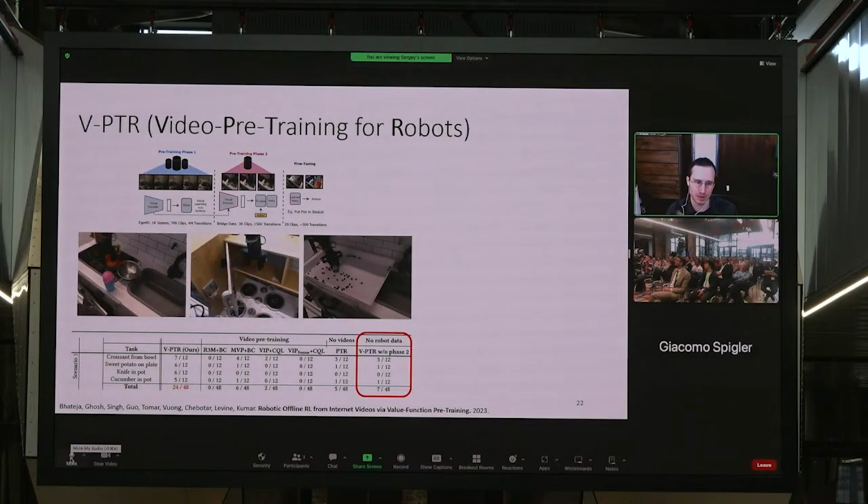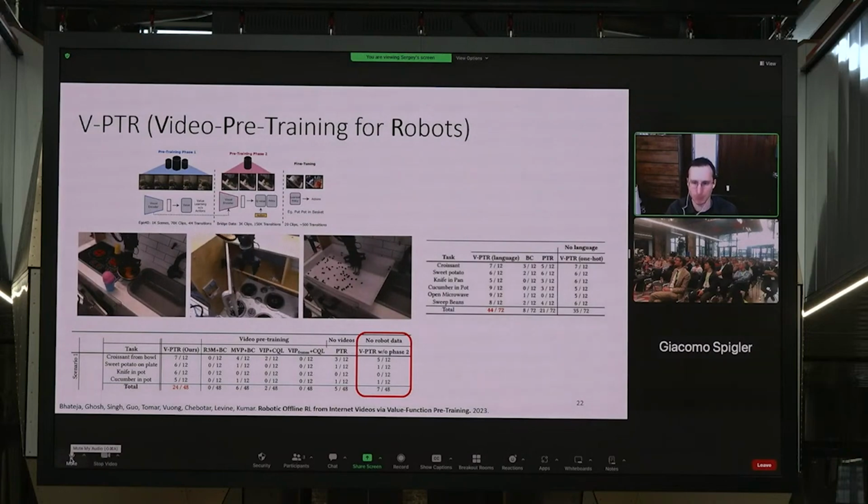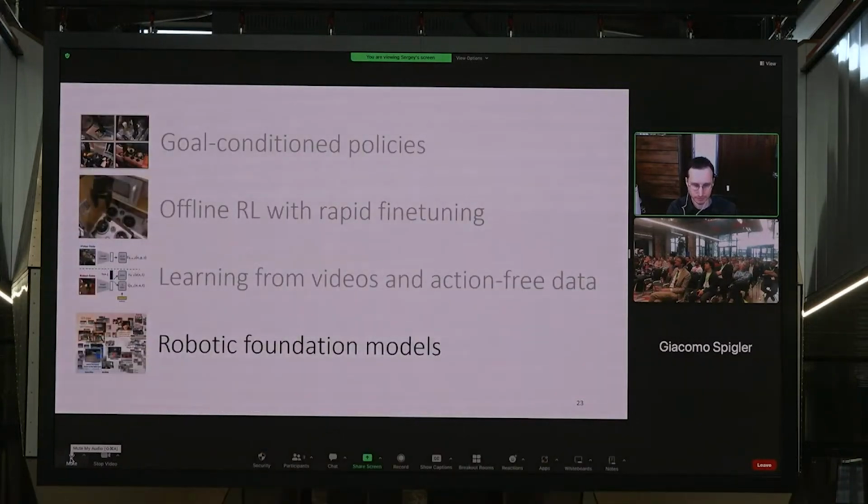And that really illustrates that this is truly moving us further to the right on the spectrum, where we are fruitfully making use of both larger multitask robot data sets and non-robotic video data sets. And we can do this for language condition policies too, and that also leads to significant improvement over regular PTR. Okay, so now we've moved a little further to the right. In the last